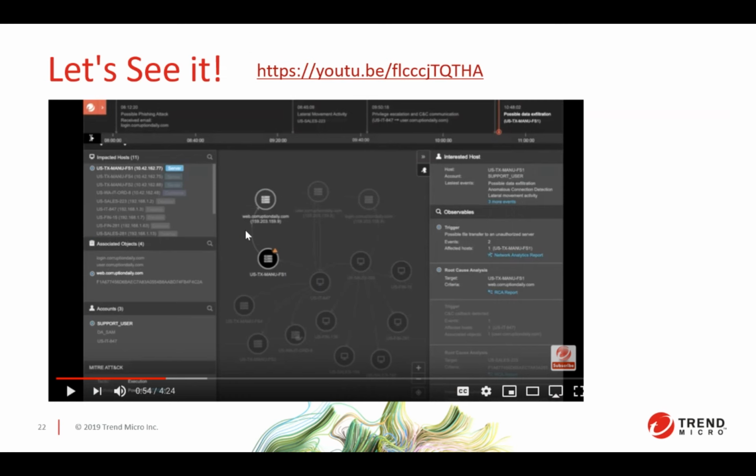Actually, there is also a demo, and this is the YouTube link. You can go to that YouTube link and check the demo for the EDR product, and the graphical user interface you are getting in this solution is very good. I want everyone in this session to try this once. It is available on YouTube. You can just type Trend Micro XDR demo, and it will show how to investigate the threats, how we can find the particular process, the origin of the threats, and more detailed information, everything in this demo.